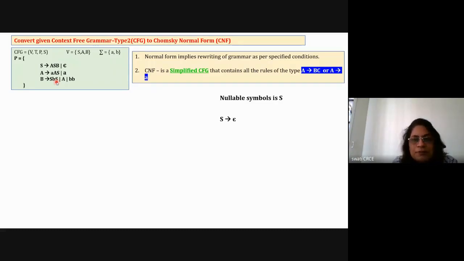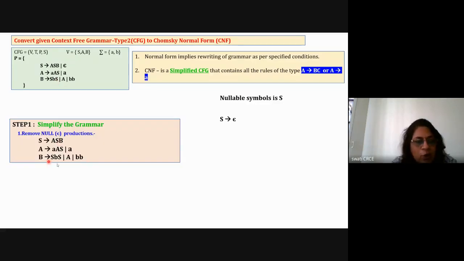So for S is equal to epsilon, remove that from the set. Write the rules, all the rules here. Now, if we are removing S is equal to epsilon, what is the change that you have to add here? So, if S is equal to epsilon, capital S will become capital AB. This will be small a, capital A, and this will be B, SB, and BS. Three combinations. Okay, so just see here. This was the rule. S is equal to epsilon is removed.